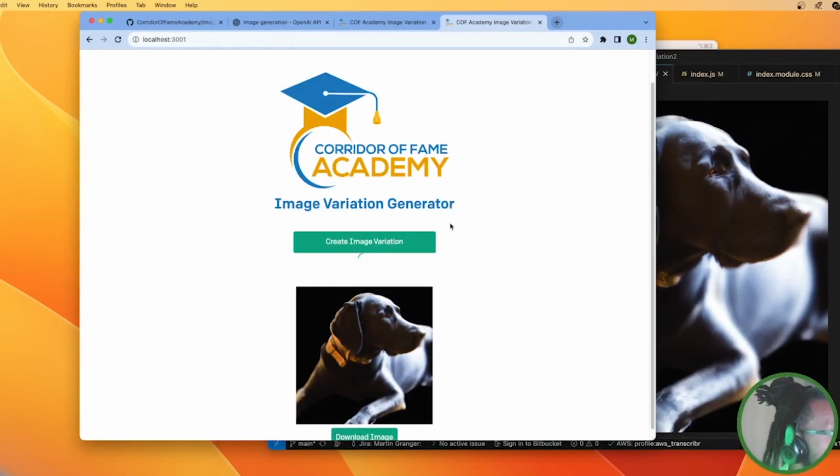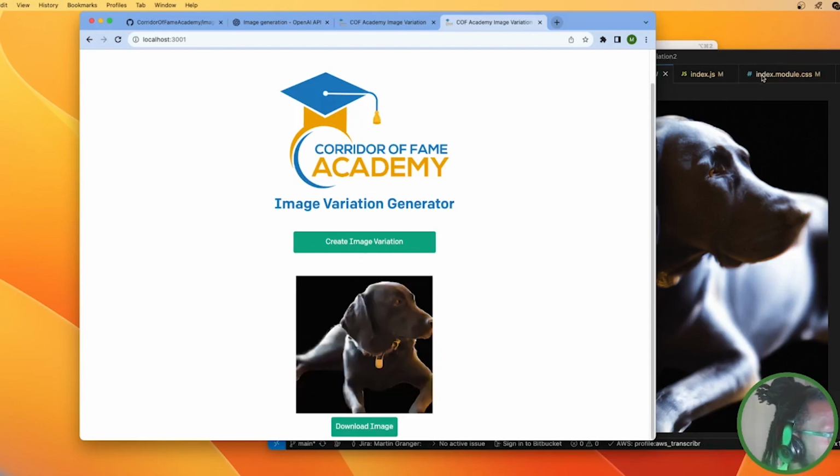So I'll just create another variation. It actually looks more cartoony than anything. It looks like a painting. Yeah, I like the other one better. But anyway,